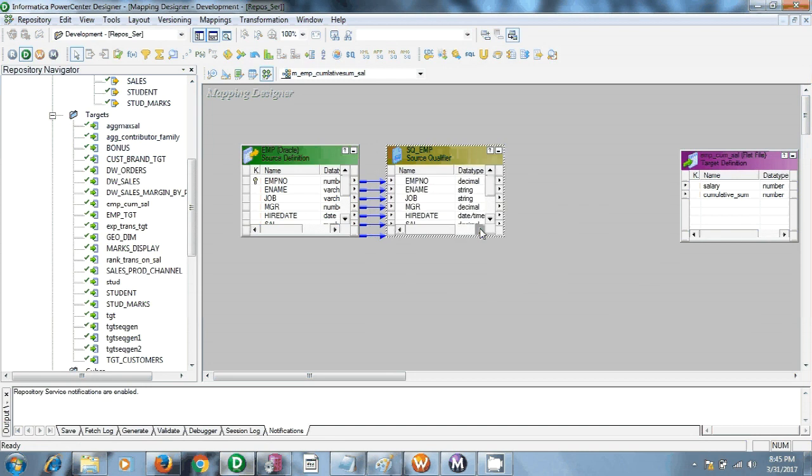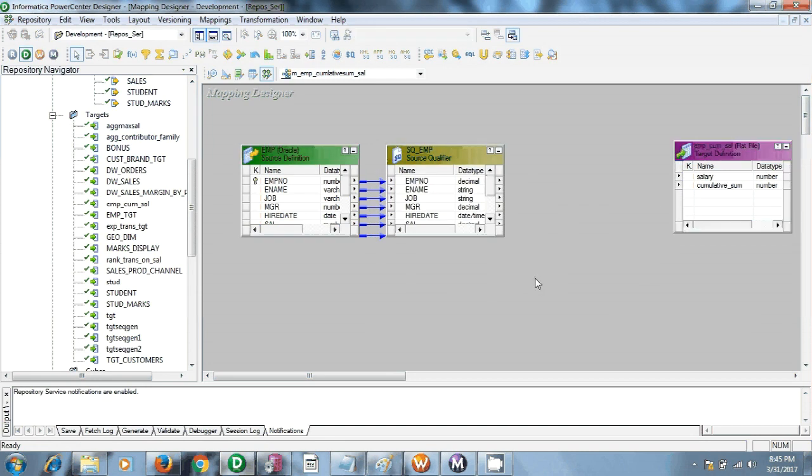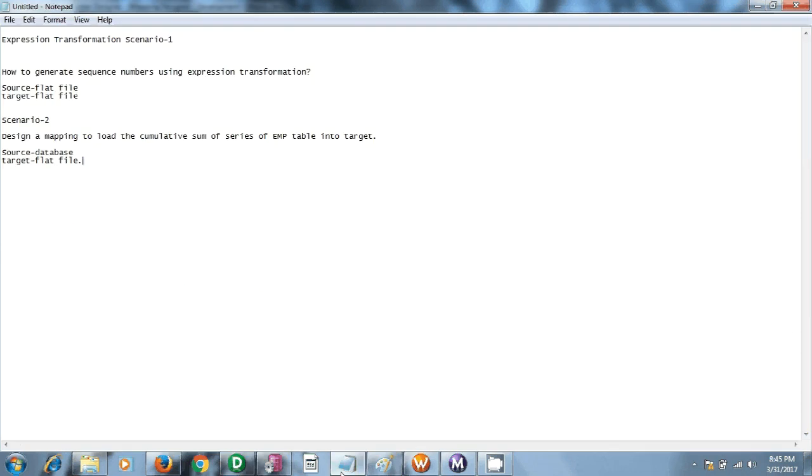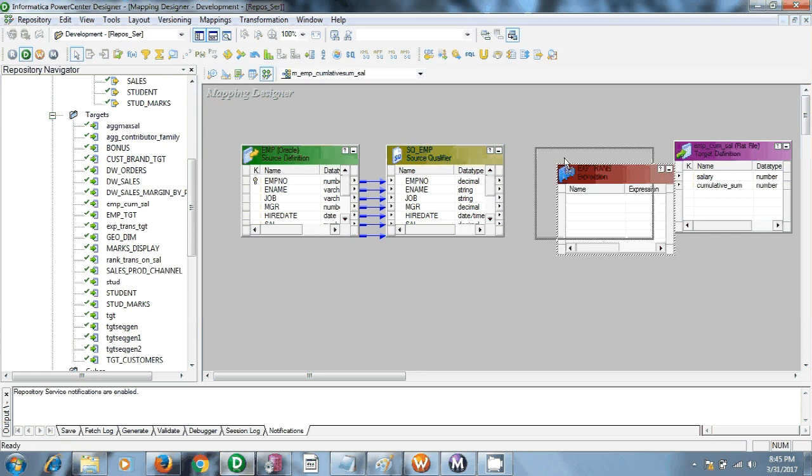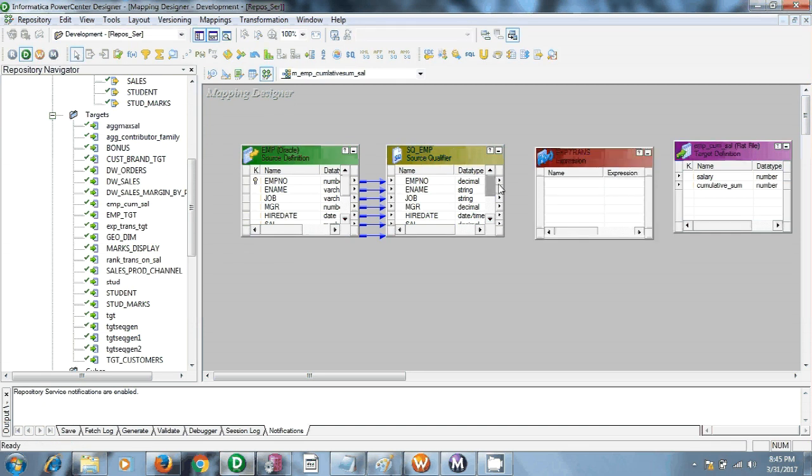So what is our scenario? We have to find out the cumulative sum. To find the cumulative sum you have a function in the expression transformation. Go to your expression transformation, click here, and I want only the salary column from employee, so select only the salary column and take it to the expression transformation.